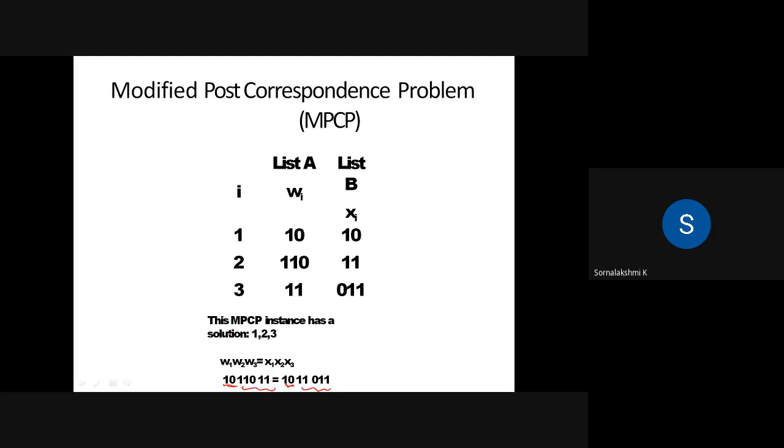So if the first string is constant and then you do any shuffling, this is immaterial. Any ordering at any number of times can occur. Anything is possible. Just have the first string as constant in LHS and RHS. By having that, if you're able to prove the post correspondence property, then it is called the modified post correspondence. The reason for having this is only that it is easier to prove that your post correspondence problem is undecidable. That's the only reason that we are having that. So before